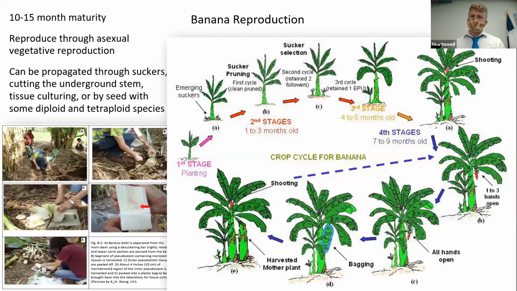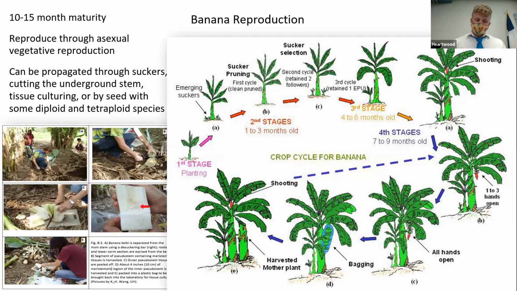Bananas have this weird sort of reproduction system. They reproduce through asexual vegetative reproduction, which is basically like parthenocarpy in bananas, making them sterile. So man has to basically further cultivate them by himself. They struggle to do this on their own. However, they can by taking